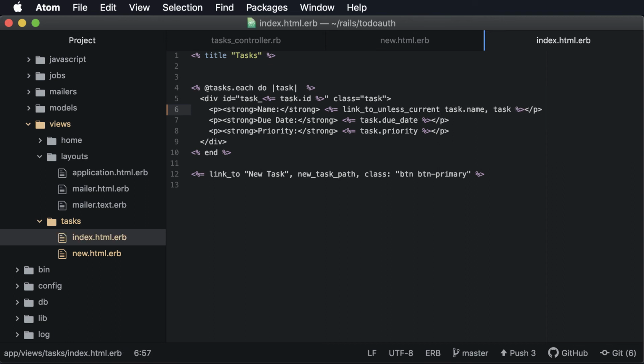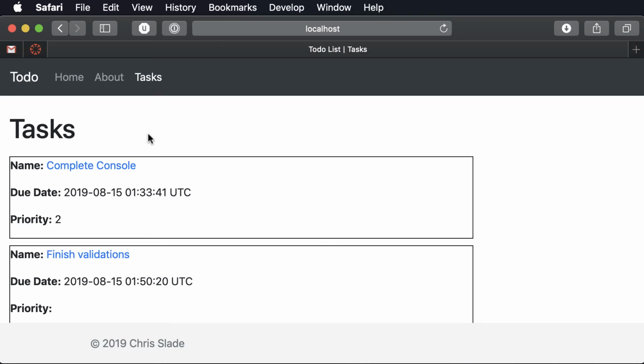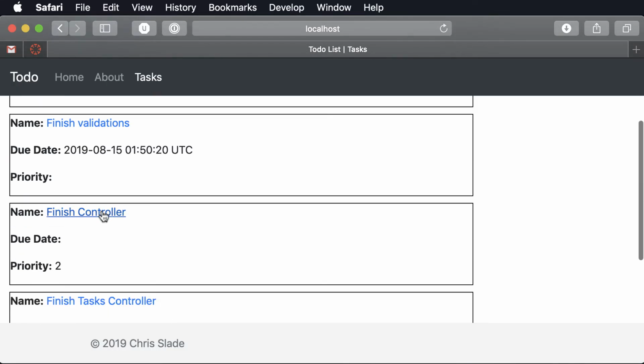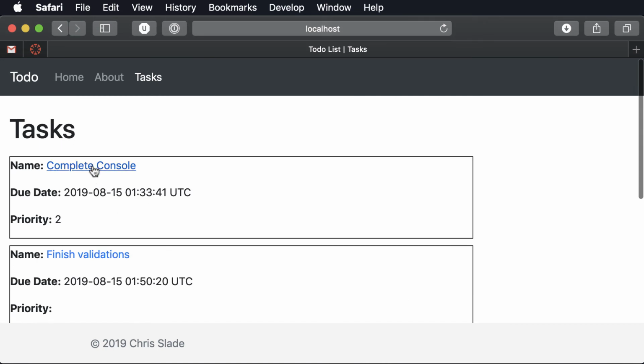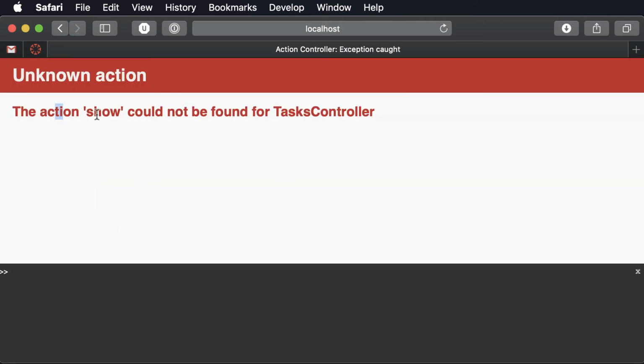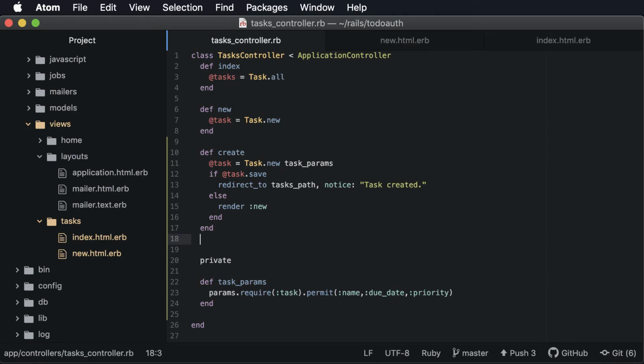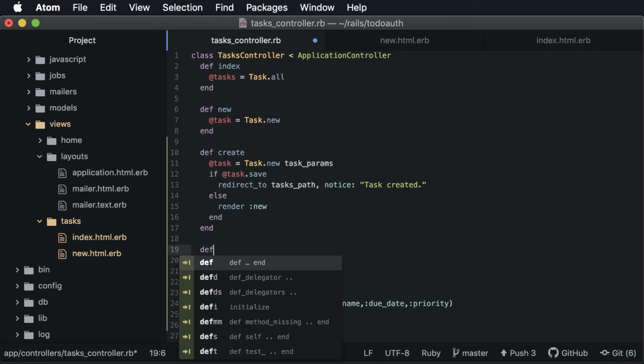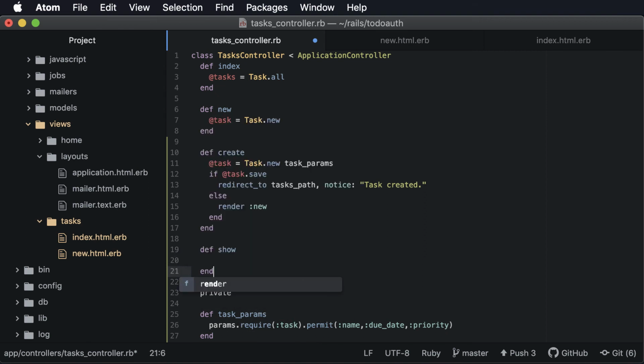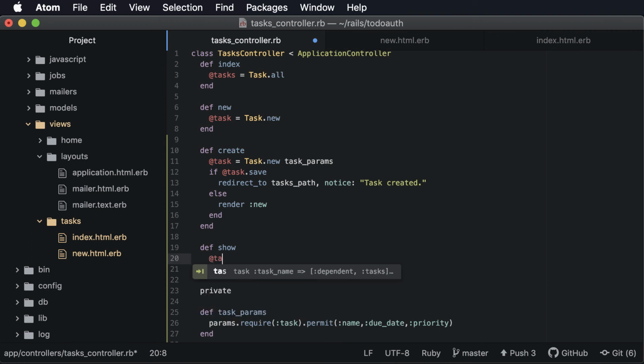So let's see that on our page. And we'll view all of our tasks. And sure enough, now we have links. Now when I try to click on one of those, oh, the show action is not in the task controller. So let's go ahead and add in that show action. And what do we want to do? Well, we want to pull that task out of the database. So we'll save this task, and notice it's just one task here, so I'm not saying tasks,